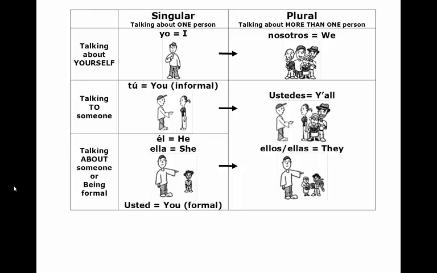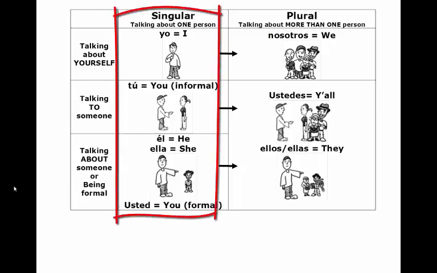Now, anytime that we talk about subject pronouns or conjugating verbs, you're going to be looking at a chart very similar to this. The way the chart is set up is in columns and rows. The columns represent the singular and plural subject pronouns. So the singular column is the column on the left-hand side, and this is what you use when you're talking